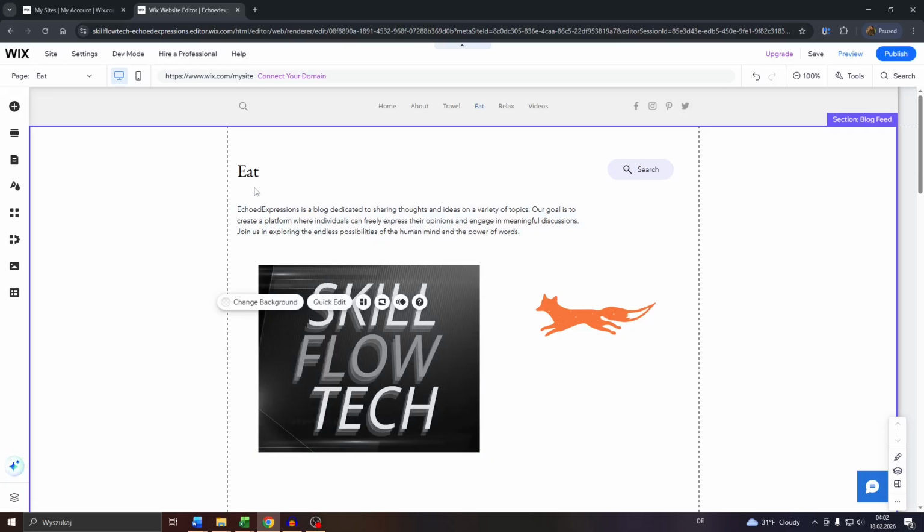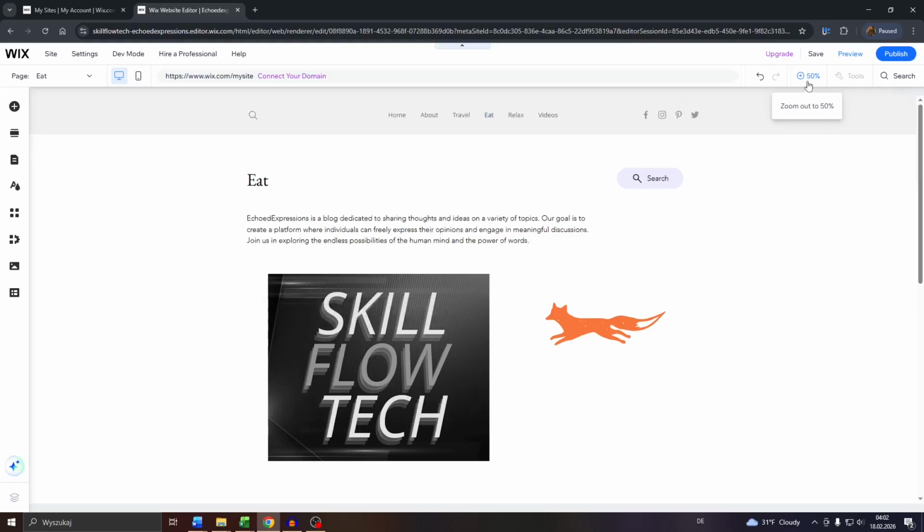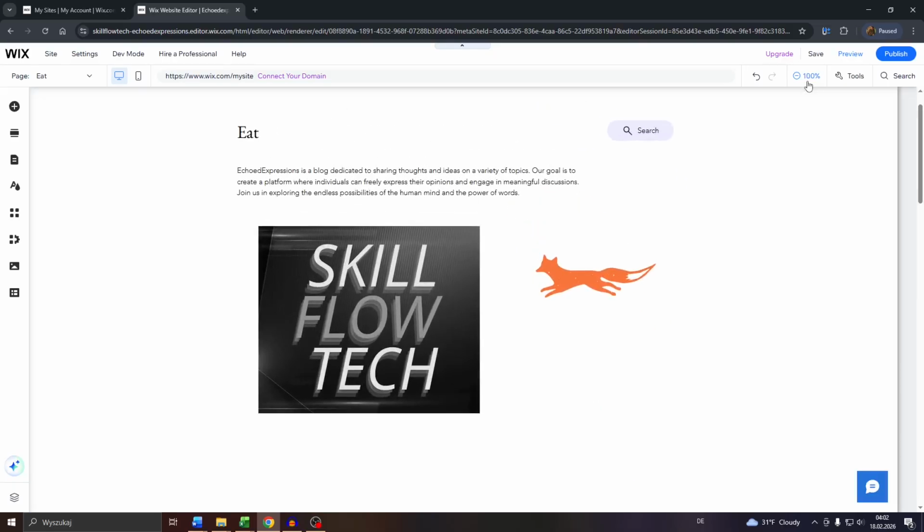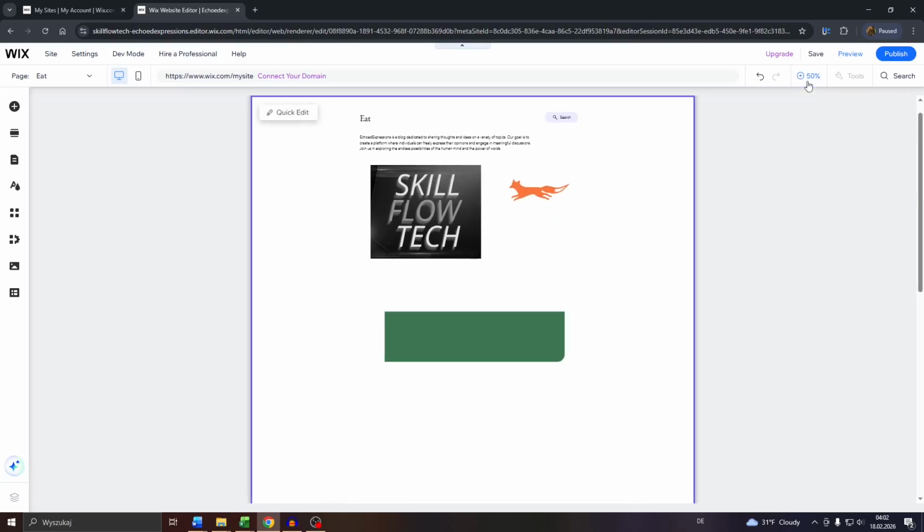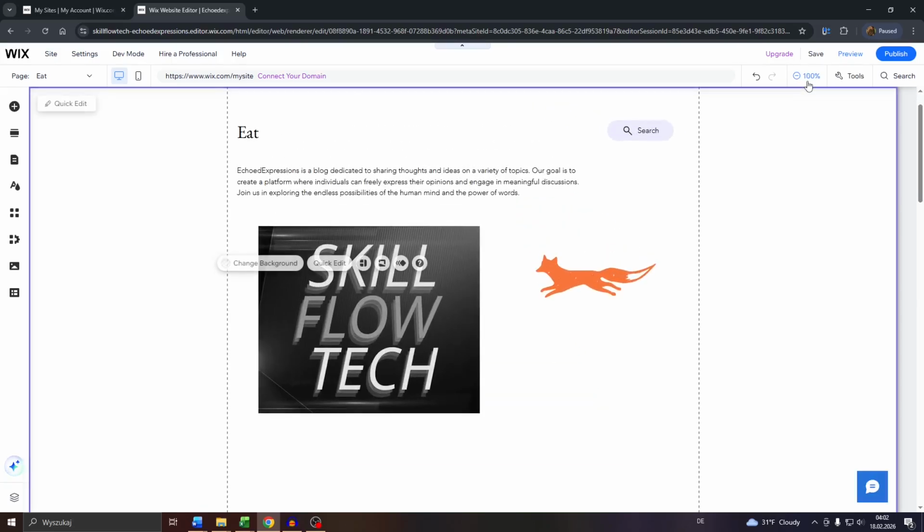Navigate to your Wix website in the website editor, and what you want to do next, guys, is take a look at the zoom level in the top right corner of the editor, and the default will be set to 100%. So I may click into it and go through these different zoom levels like 50% or 100%. However, guys, if you'd like to adjust a custom zoom level, you may simply use the zooming feature here in your browser,